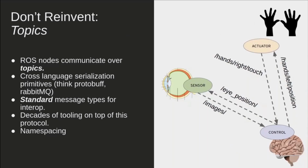The next thing you shouldn't reinvent is the notion of topics. ROS nodes communicate over topics. So in our example on the right, there's basically a sensor, which is an eye. It probably has an images topic. It produces images 30 times a second. And those images go to your brain, and then your brain does something with them. It will send out a message at some point to move your hands around to some position, left hand, right hand. So ROS topics are basically a cross-language serialization primitive, like protobuf or something you'd see in RabbitMQ,